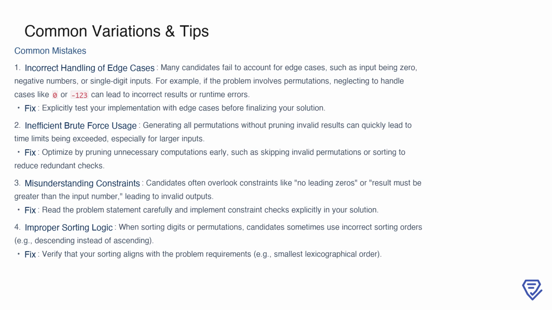Another pitfall is relying on inefficient brute force methods, such as generating all permutations without eliminating invalid ones early. This can cause your solution to exceed time limits, especially for larger inputs. A better approach is to optimize your algorithm by pruning unnecessary computations, such as skipping over duplicates or sorting to